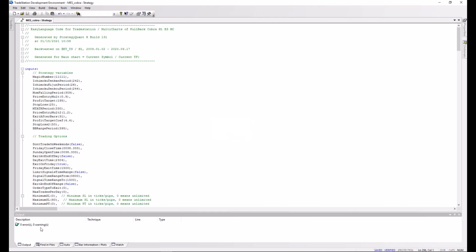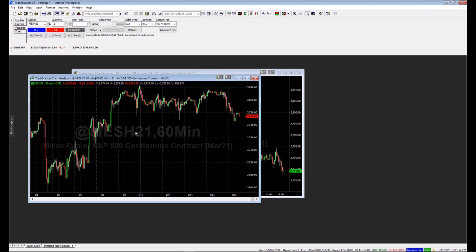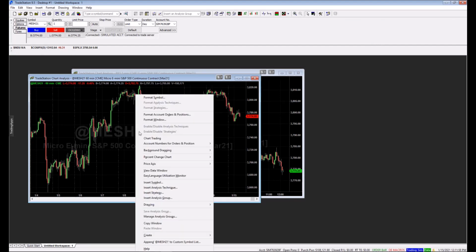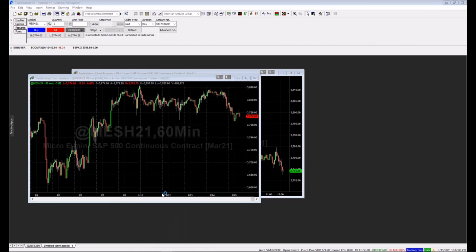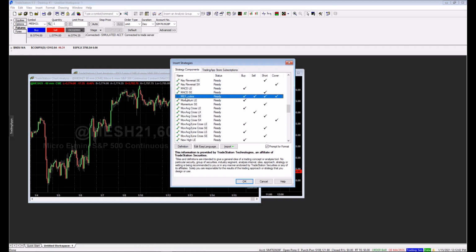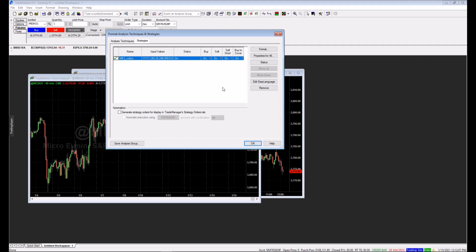Okay, zero errors, zero warnings. So let's move back to the TradeStation. Right click on the graph, click insert strategy, select the strategy in Cobra, which we already created, click OK, and